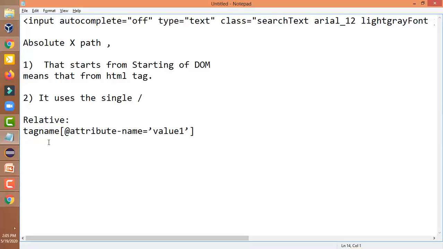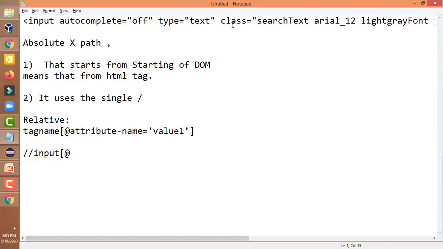So let us discuss this. This is the basic syntax of the relative XPath: tag name, attribute name, and value. So what is the tag name here? Input is the tag name. So it starts from a double slash, then the tag name is input. Your bracket starts, then @ attribute, and what is the attribute over there?